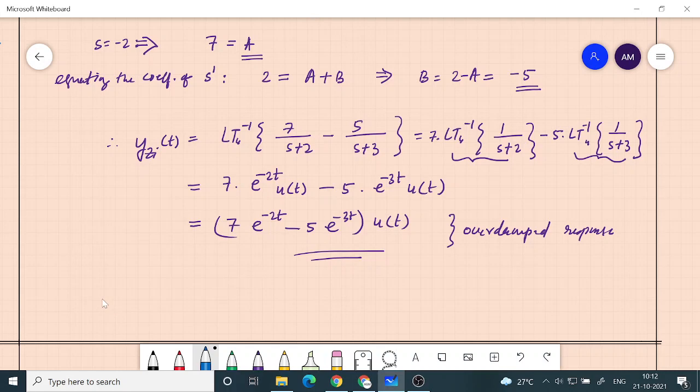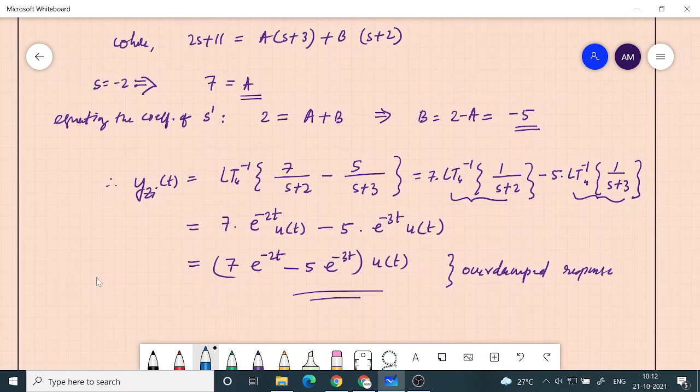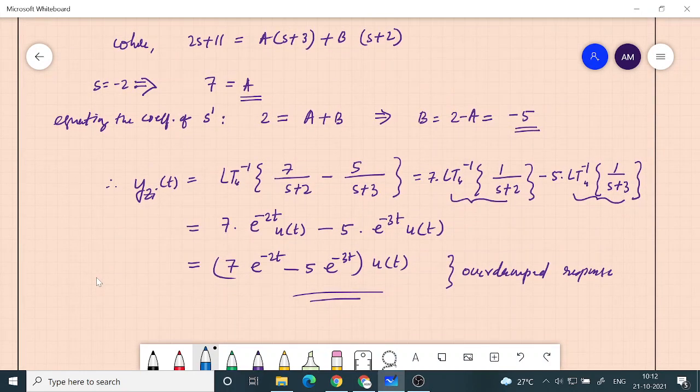So a second order system can potentially have a different kind of response, and that depends upon the value of the components in the system. For an electrical system, when we did the lab for an RLC circuit, we changed the value of resistance. When we reduced the value of resistance, we saw that the response became oscillatory. But if you put a very large value of resistance, that means a lot of energy is getting dissipated and it is getting overdamped, and then you will have decaying functions like these exponentials.